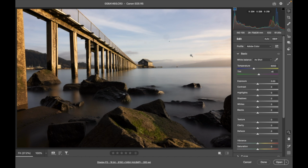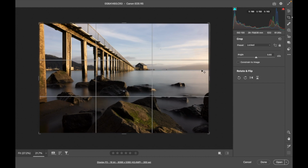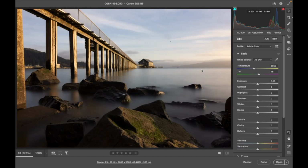So what we're going to do is take this shot, which is a long exposure shot, and turn it into fine art. First and foremost, we'll get our crop right. I think the horizon line, we just take this and click here and straighten that horizon. That's just going to make everything nice from the start, and then we're going to get a good image flow. We've got this nice long bridge that goes out to this